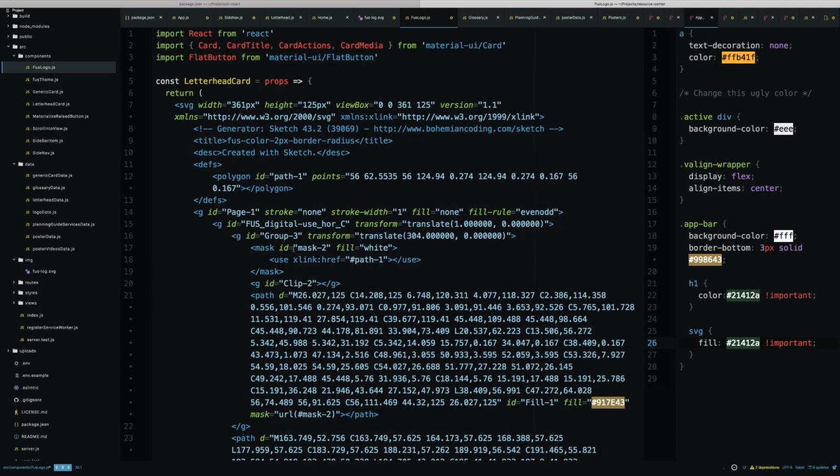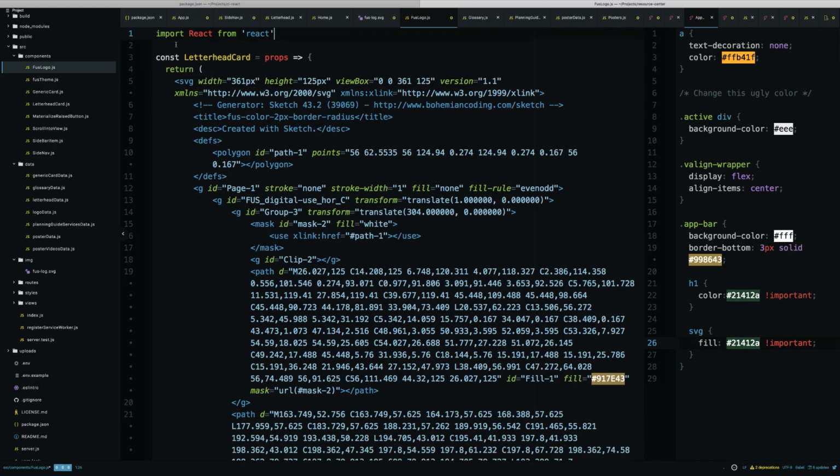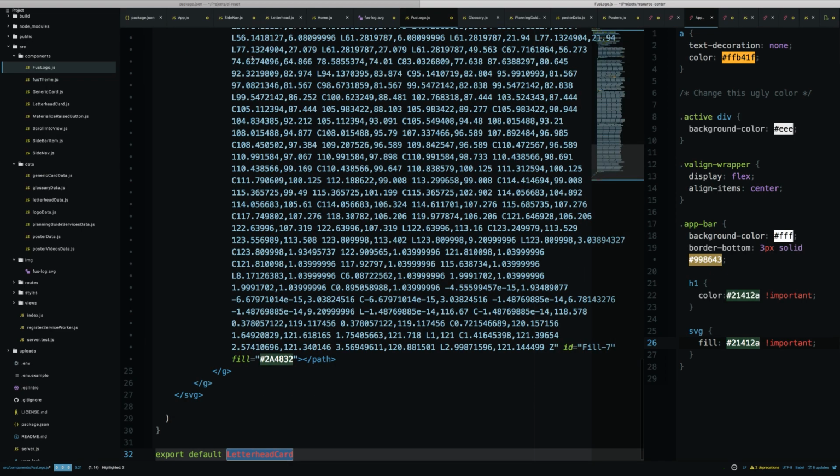Probably gonna have to change something somewhere. I'll be surprised if all of these attributes work in React, but we'll see what the error message says. We can get rid of this, and then let's just change this to